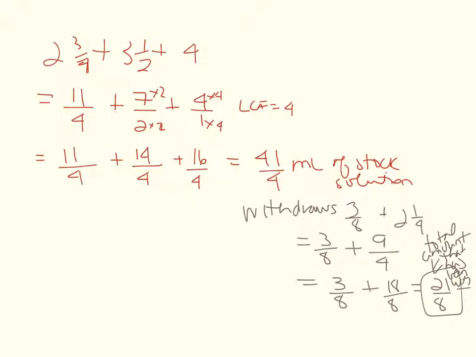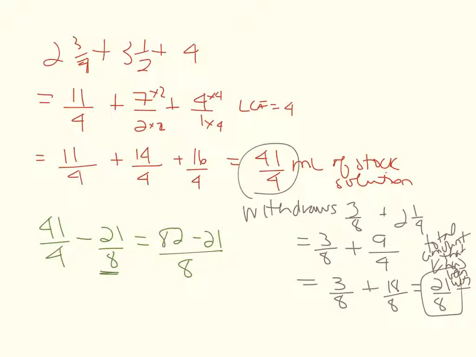So now what I can do is take the original stock solution of 41/4 and subtract the 21/8 from it to find out exactly what is left. Again we need a lowest common factor. That lowest common factor will be 8, so I'm going to multiply that 4 by 2 to get 8, and what I do to the denominator I must do to the numerator, so I will get 82/8, subtract